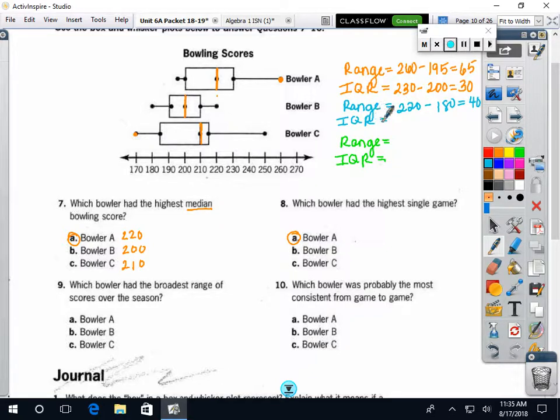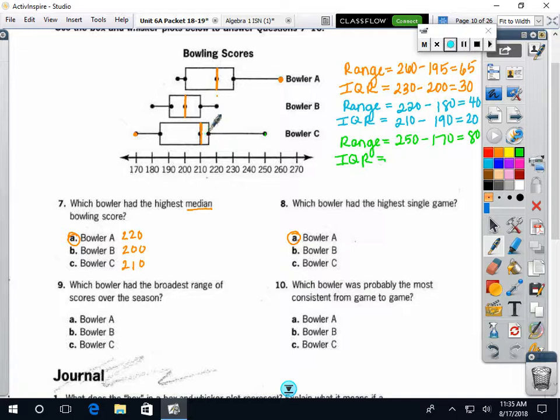Interquartile range is still range, so you're still subtracting the highest minus the lowest, but this time the quartiles. The highest quartile is at 210, and the lowest quartile is at 190. So that's a difference of 20. Okay, and then for bowler C, his maximum score was 250. His lowest score was at 170, so he has a range of 80 points, and then his interquartile range was